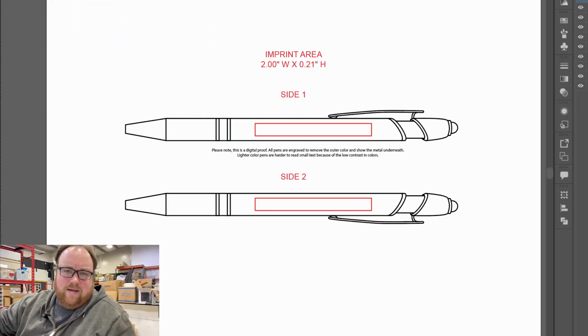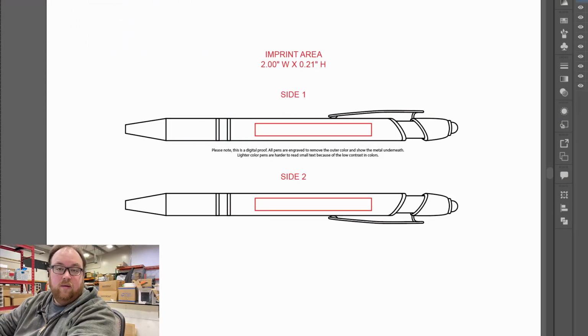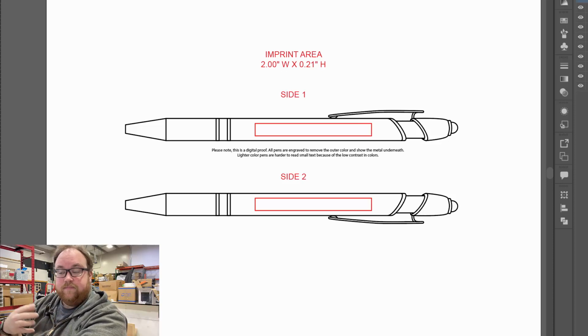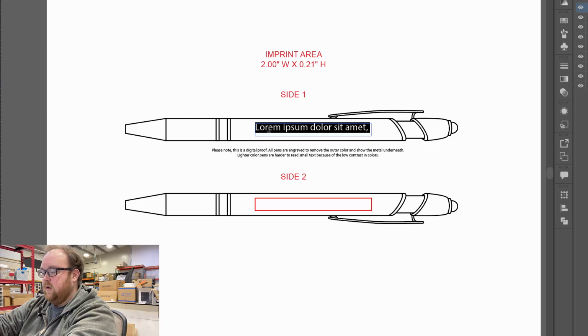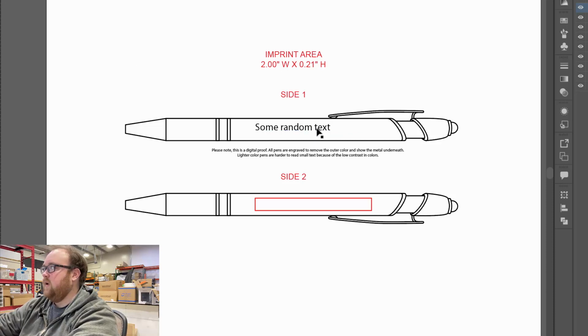Now, when I do pens, I use ezcad on the laser, and you have to save it as an Illustrator version 8 file. So previously, I'd come here and I've got my artwork. So I'll say, like, I'm going to put this text, and I totally messed up my box here, but that's fine. So got my random text,